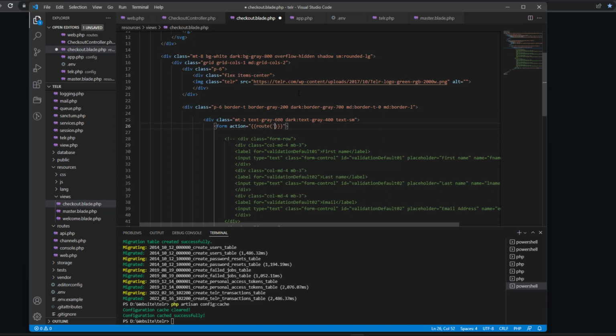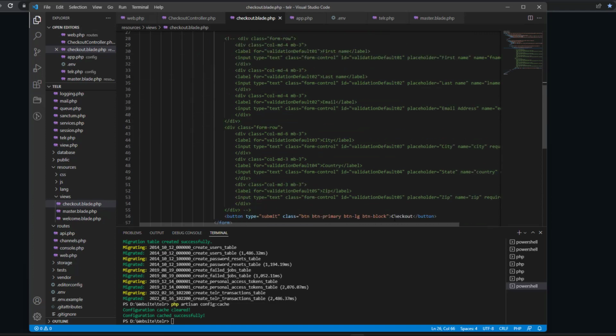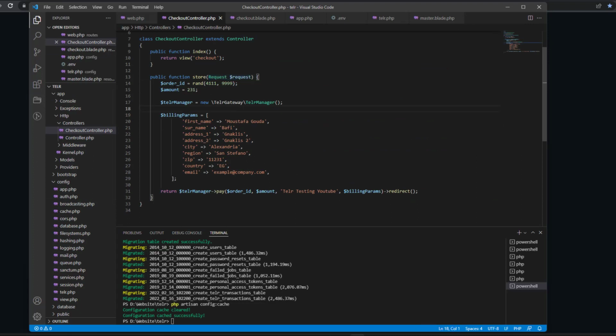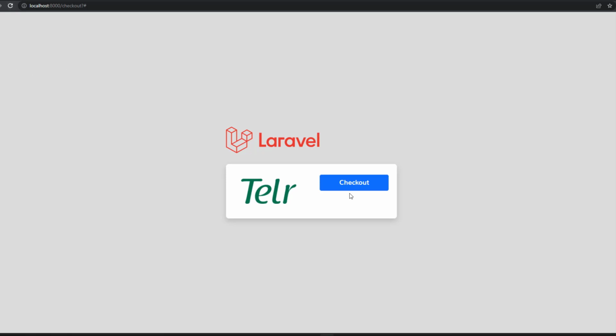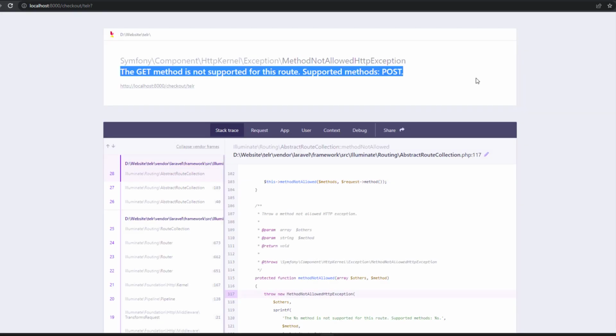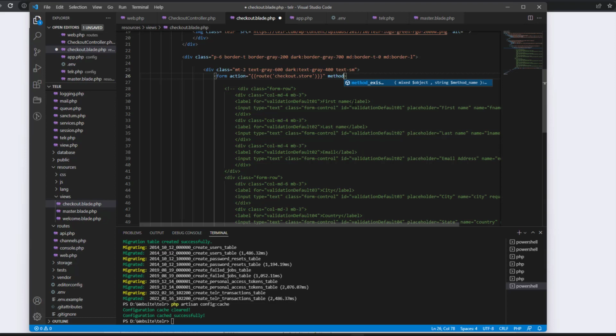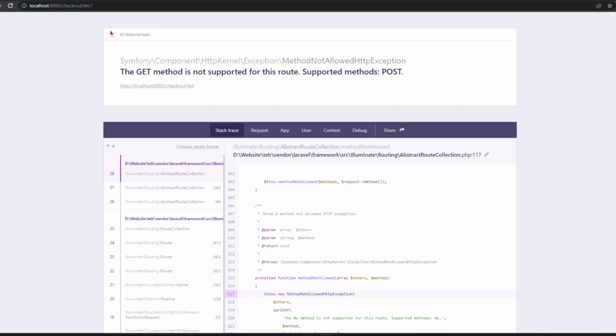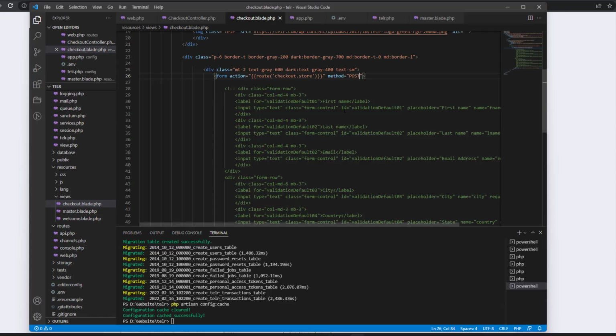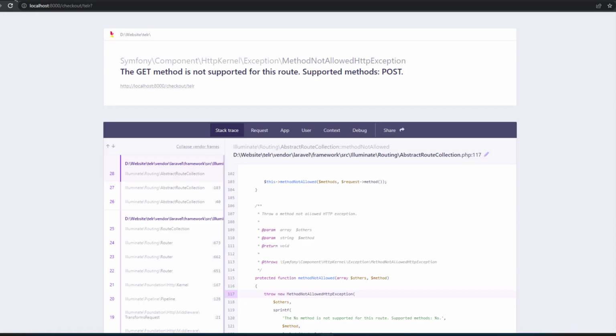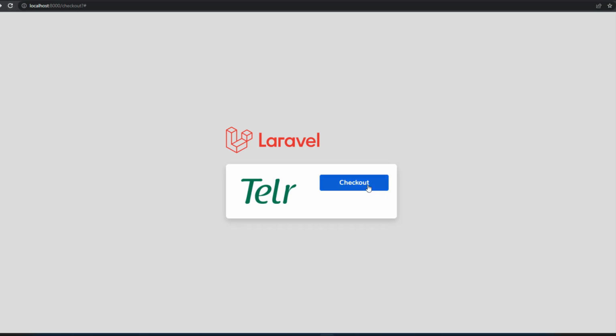Route is checkout.store. Okay, when we click on the checkout button, it will go here and it will just count all these things, but it will give us an error because we didn't mention the method. I forgot, but still it will give an error. CSRF. Okay, go back now, refresh, and it will go to an error again